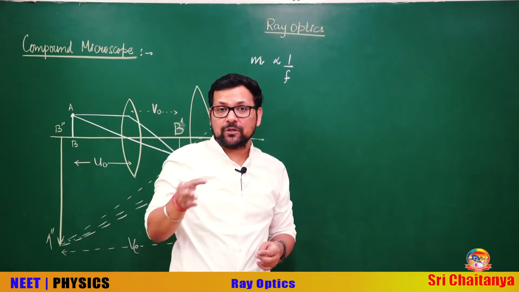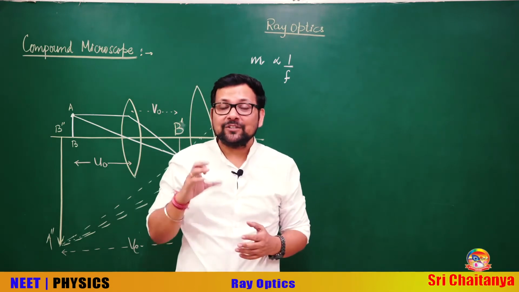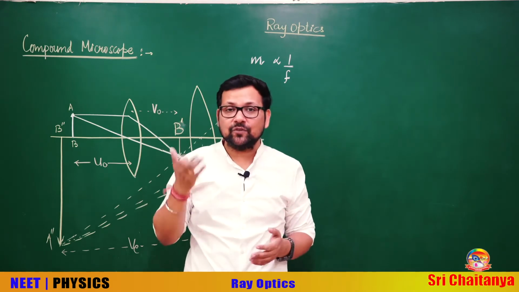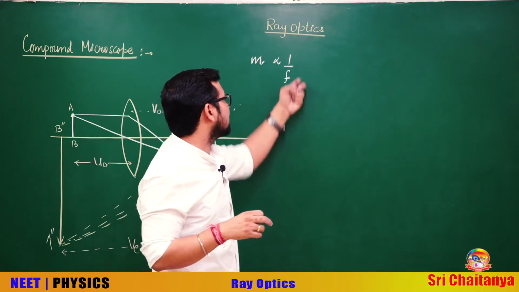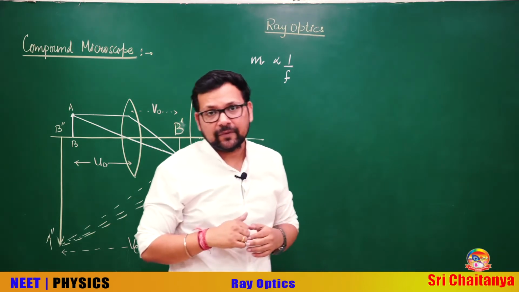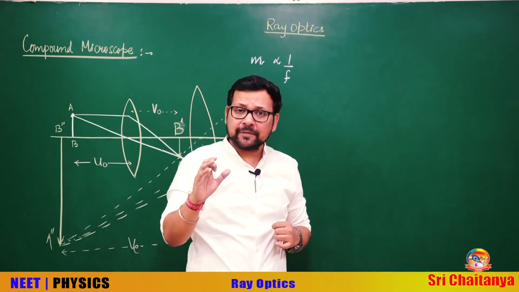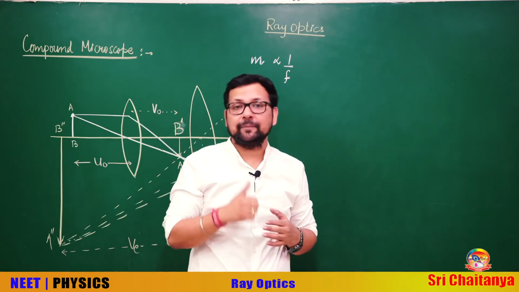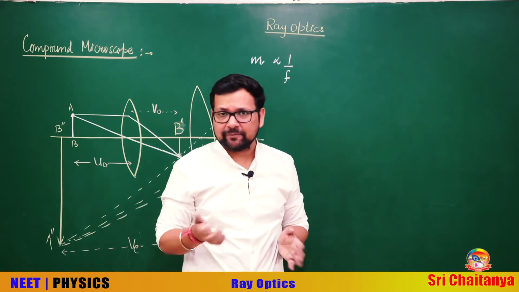Suppose to see a compound microscope, you are using a telescope. This should not be the case, no? It is not like: increase the magnification, decrease the aperture, decrease the radius, and so on. There is a limitation for that. In general, we say that for a simple microscope the maximum is 20x, 20 times the actual size of the object you can see in the image. To be very precise, it is 12 to 15 times.